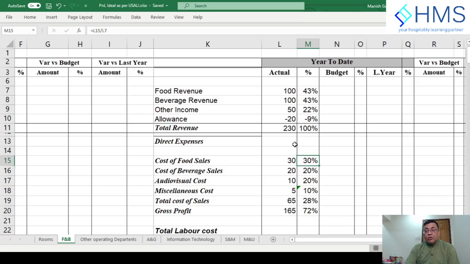This percentage is not to the total revenue. This percentage is to the relevant revenue of the item. So cost of food sale is compared with the cost of food revenue, cost of beverages to beverage revenue, and audio visual and miscellaneous is to the other income. Then you will say the total cost of sale, which is to total revenue, and then you will get the